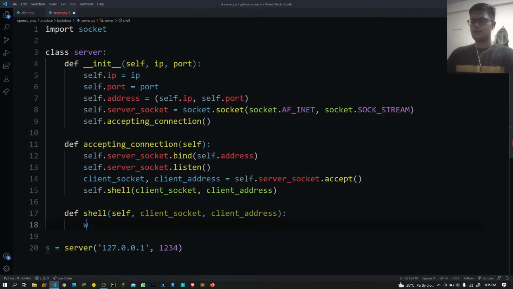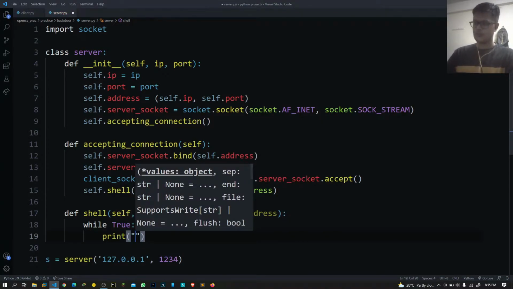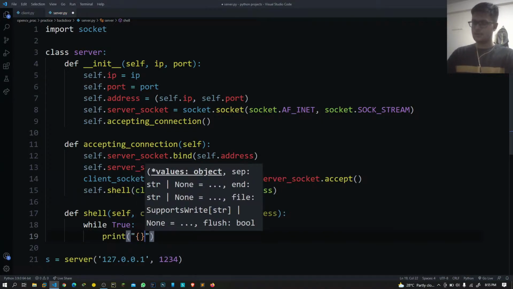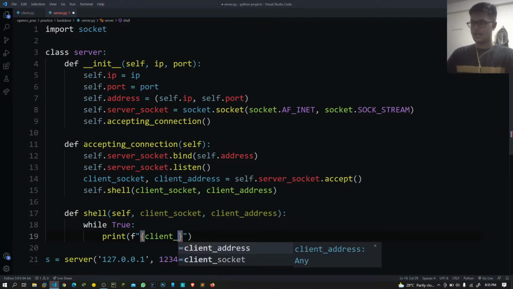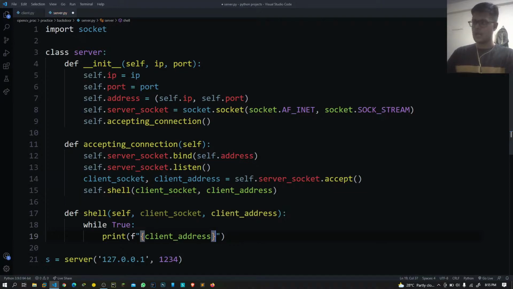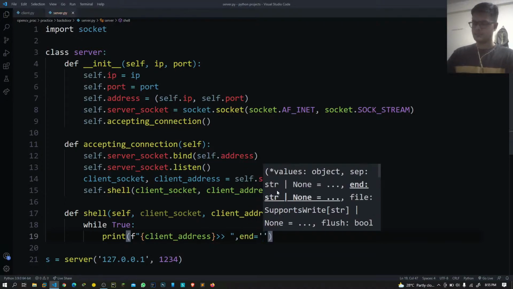After that it will start a while loop, and that while loop will first print a prompt which will contain the client_address, the greater than sign, a space, and the end will be nothing.